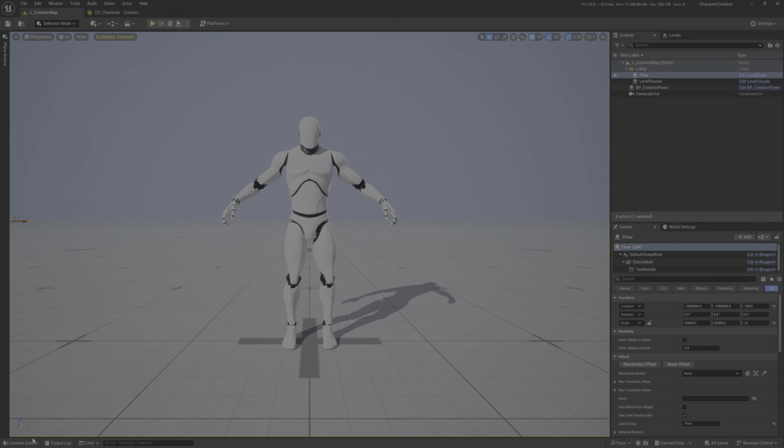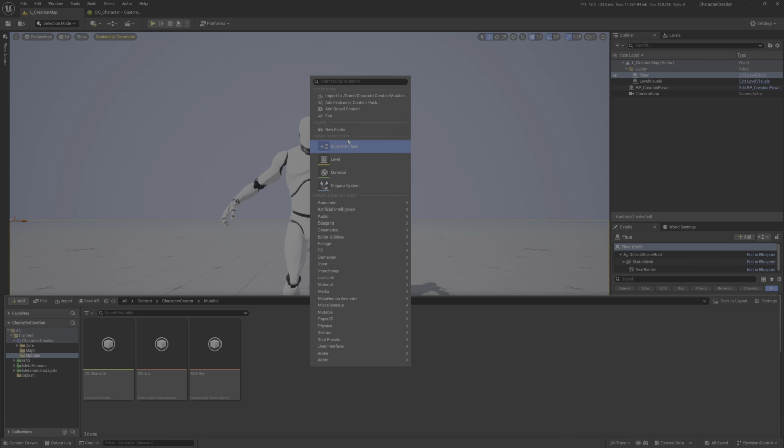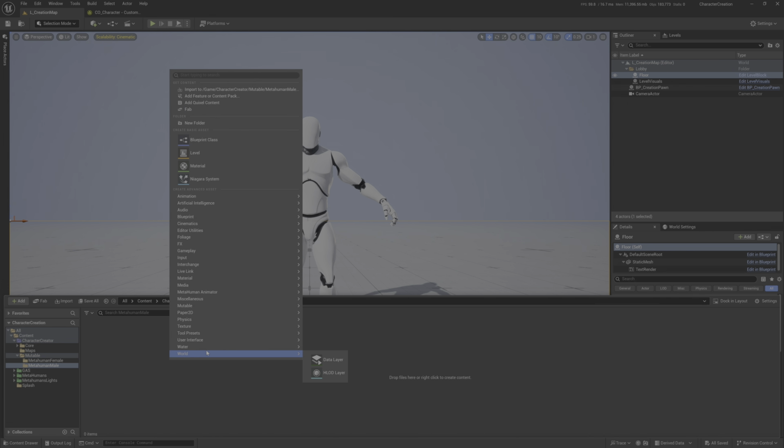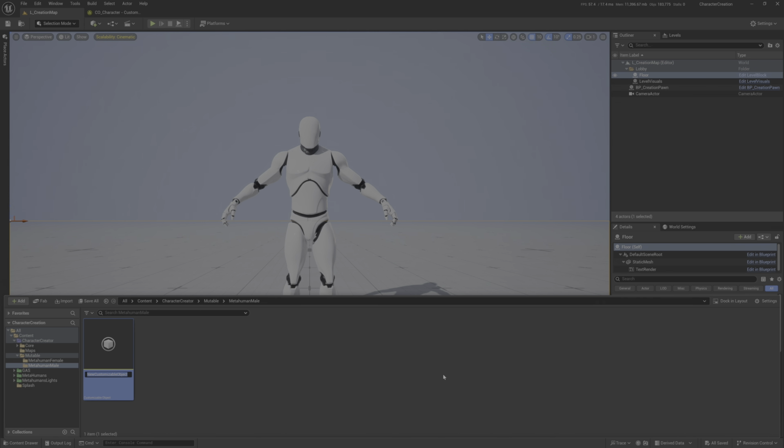But first, let's create here two folders. Let's call them MetaHuman Male and MetaHuman Female. And inside here, two mutable objects, customizable objects. And call them customizable object MetaHuman Male Bodies. Okay, Control C, Control V, and this will be male heads.